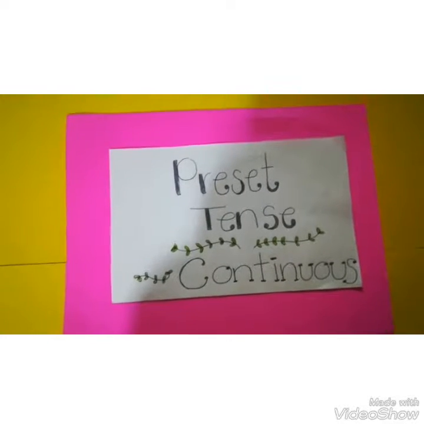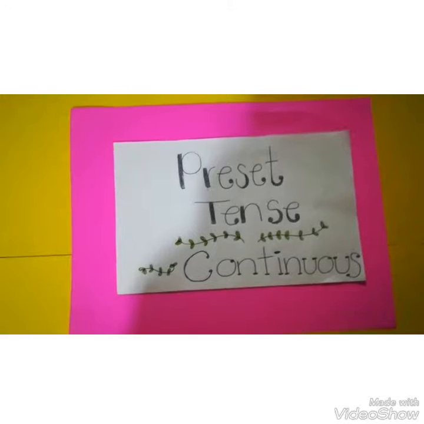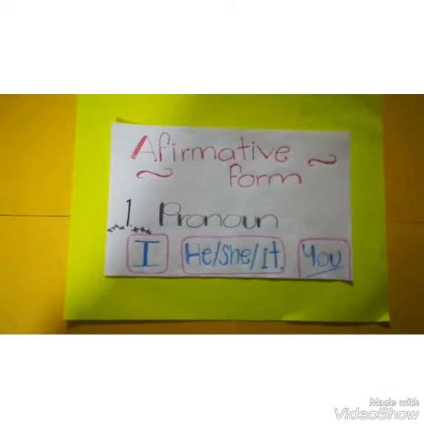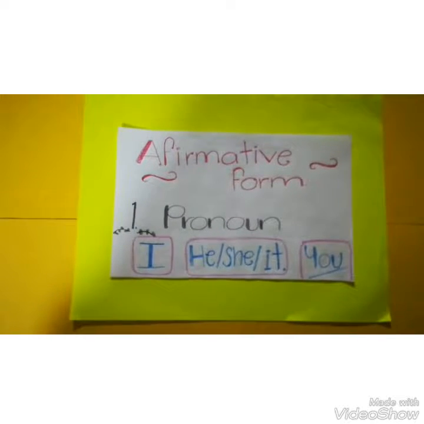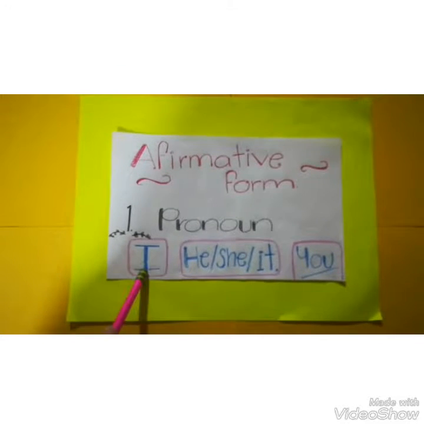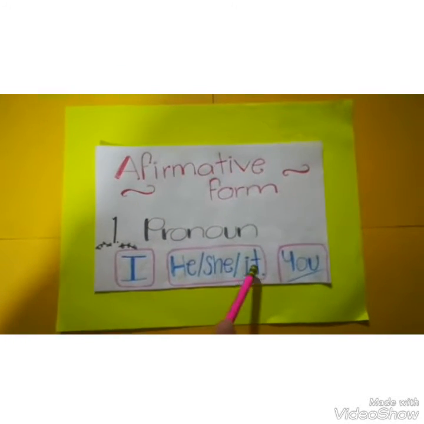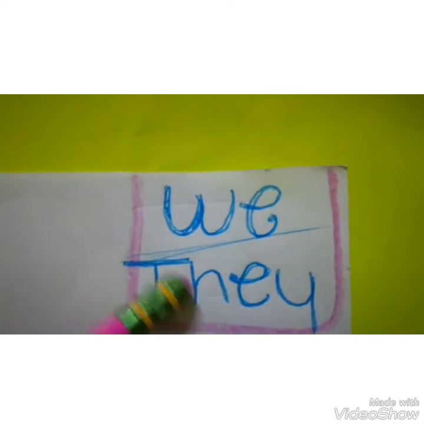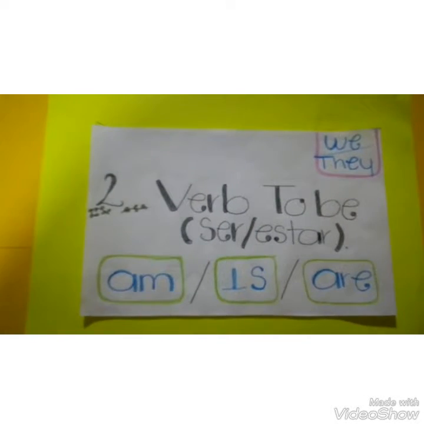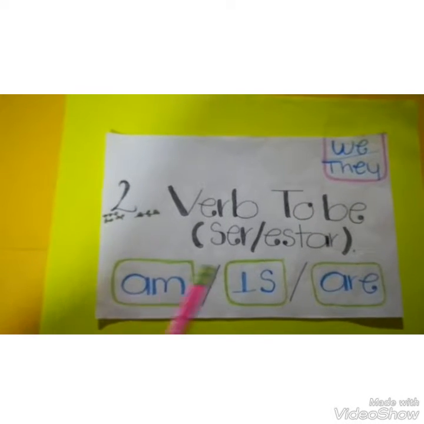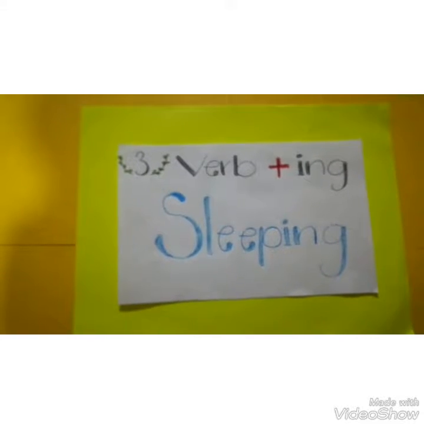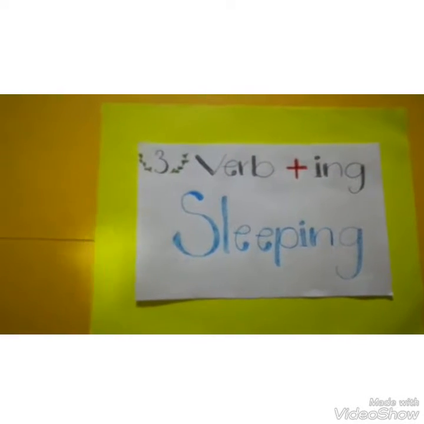Next, I will talk about one of the branches of the present tense, that is the present continuous. In the affirmative form, we first put the pronoun. The pronouns are I, he, she, it, you, we, and they. Then we add the verb to be: am, is, are, and finally, to the verb we add the gerund,